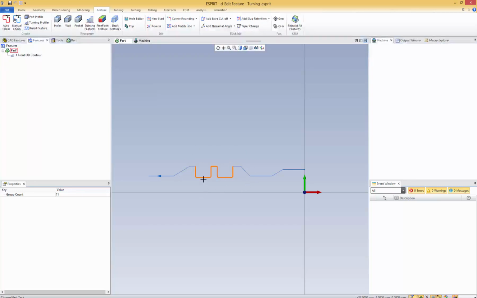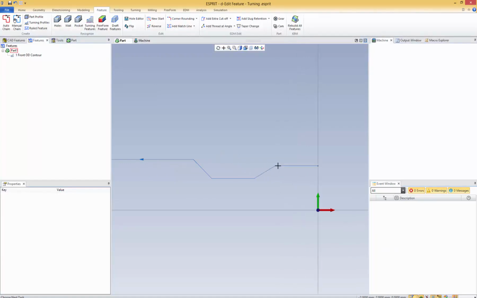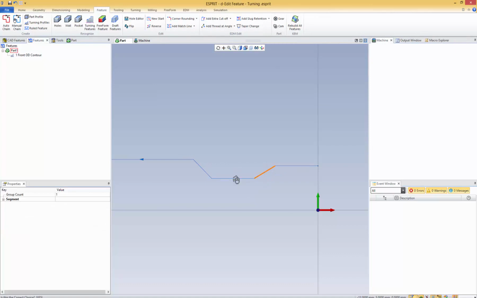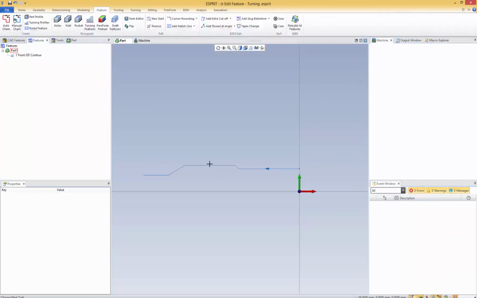So I'm going to select this groove feature and just press the delete key, and automatically we can see it removes it. Okay, one other cool thing I want to show you is, let's say here I want to connect here, I don't want to go in this groove, but you can see they are not on the same line. Well, it really doesn't matter. I'm just going to select these two elements, press the delete key, and we can see it connects everything properly. Okay, so this is quite nice.